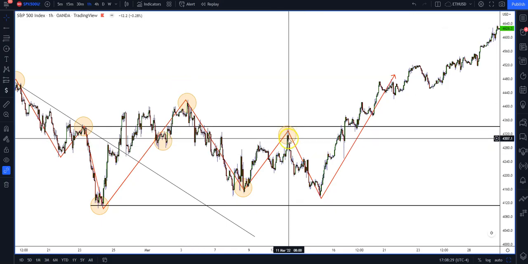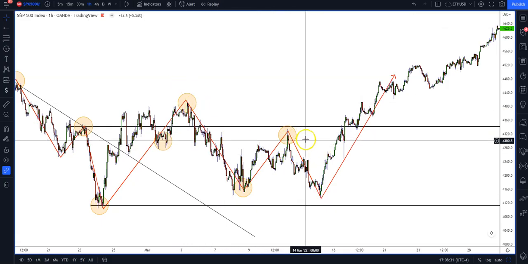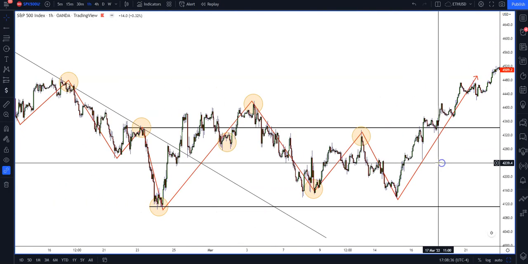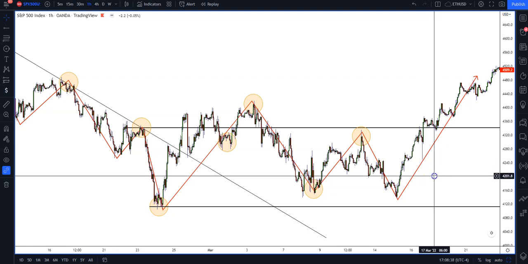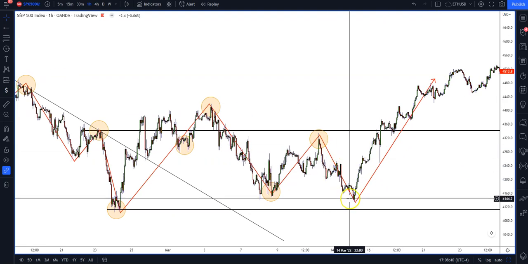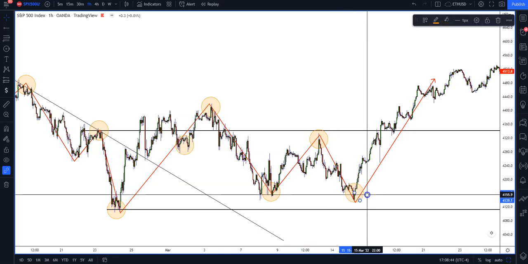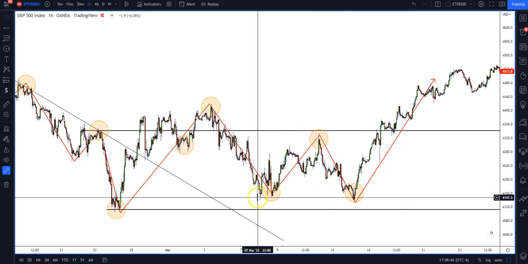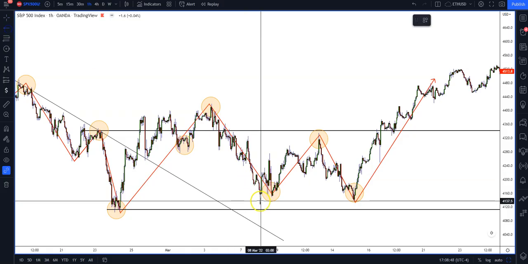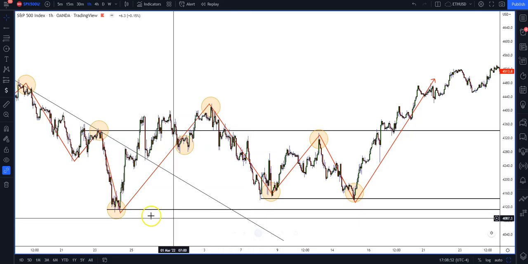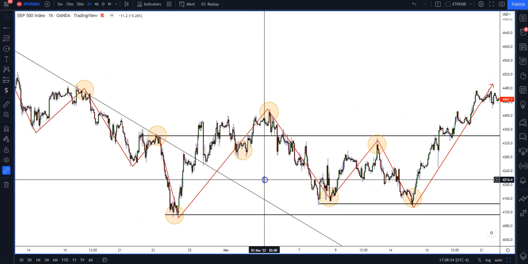Now the high was lower than the previous high, so you might think it's coming down, right? Which is a valid assumption from what it's showing, and then boom. So now this low is respected. Now it didn't break this low at all. Now, if you can see what's going on,